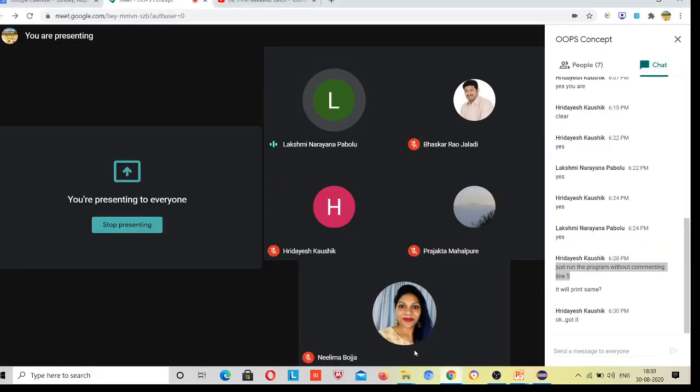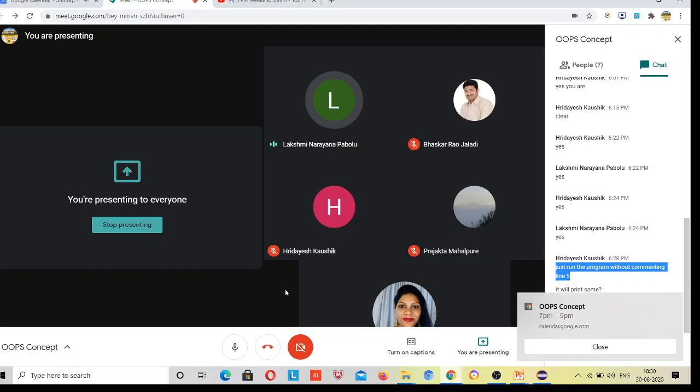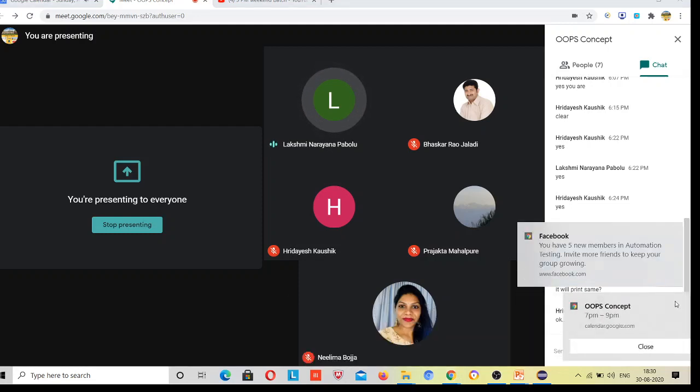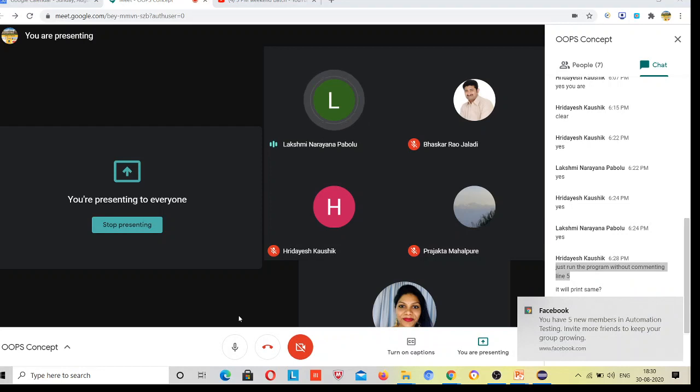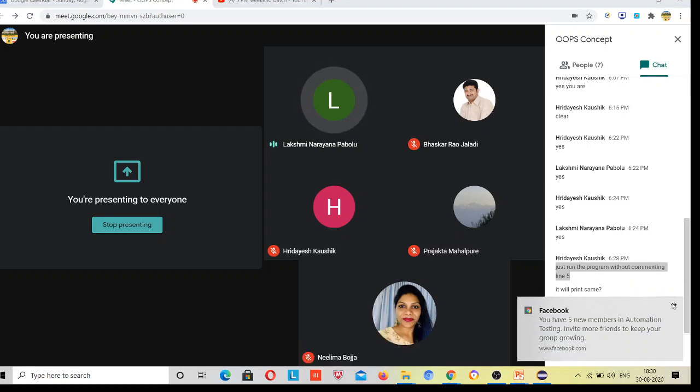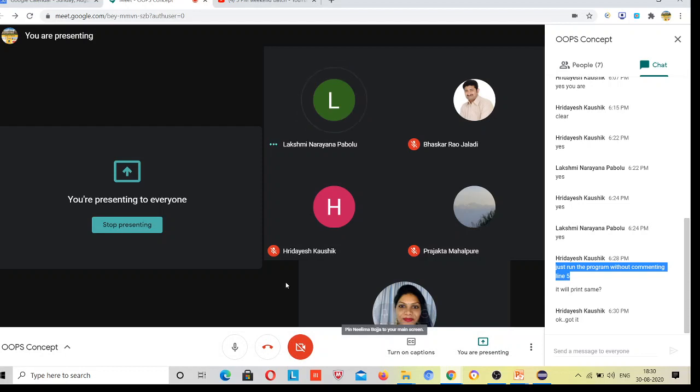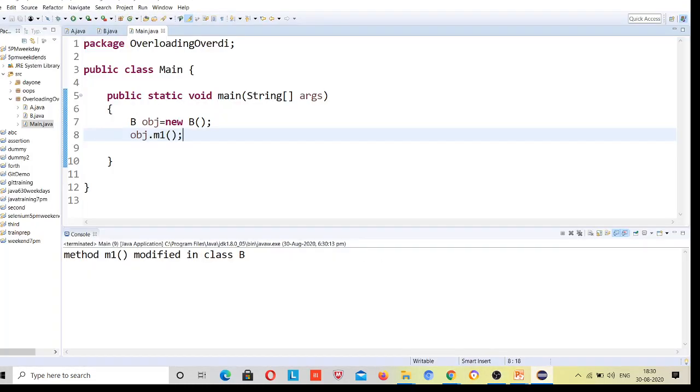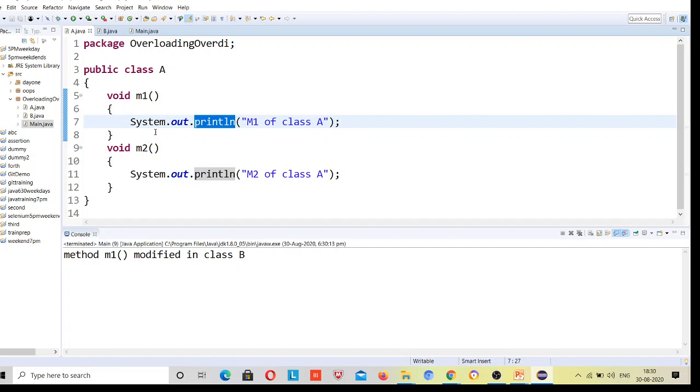So Vandan, in case I intentionally want to access the m1 in A, I just need to call it as super or something, right? Otherwise, can I get it in any other way? Can you repeat your question? In the class A also the m1 method is there, right? In the superclass also. So if I want to access it from the main method, how will I get it? Since the method override is happening in the class B, how to access this one? Do we need to use super there?